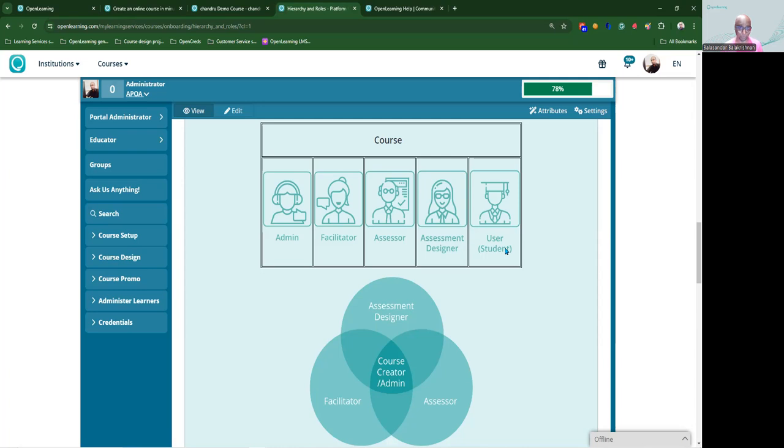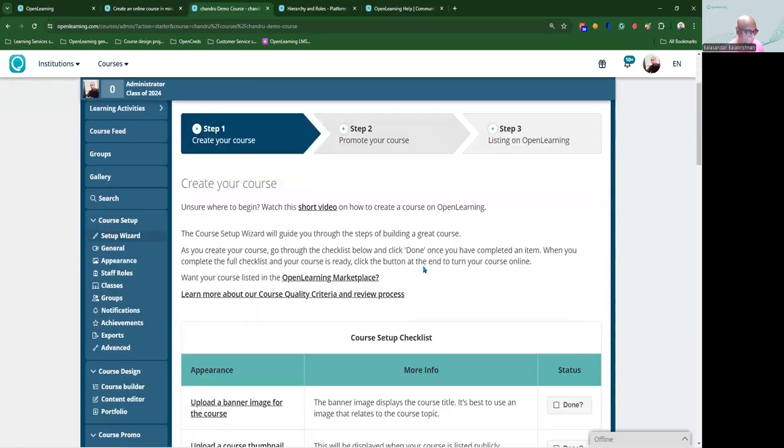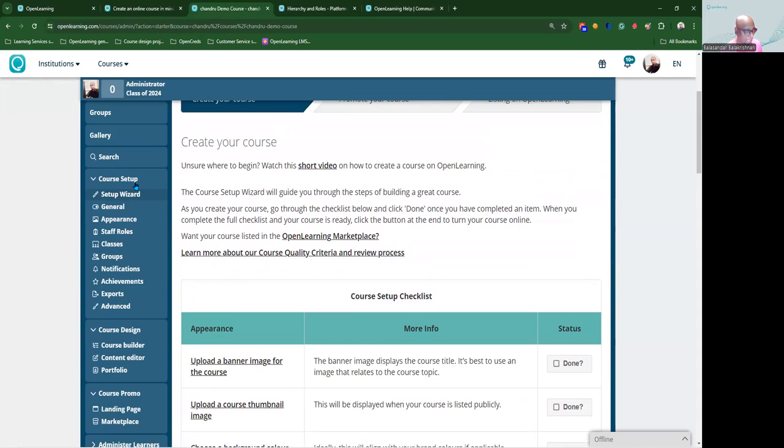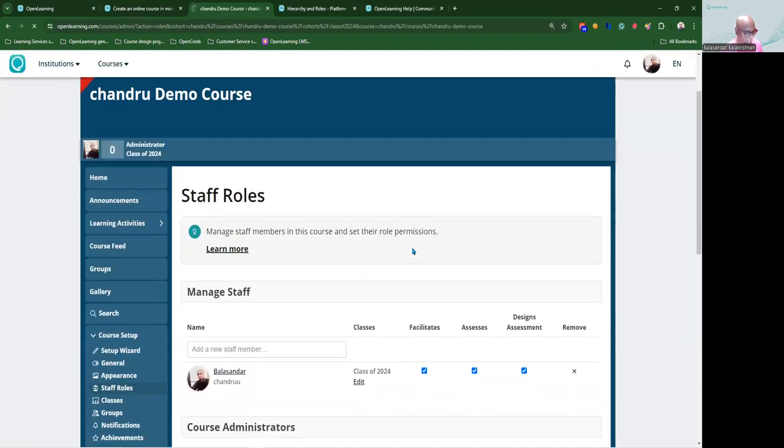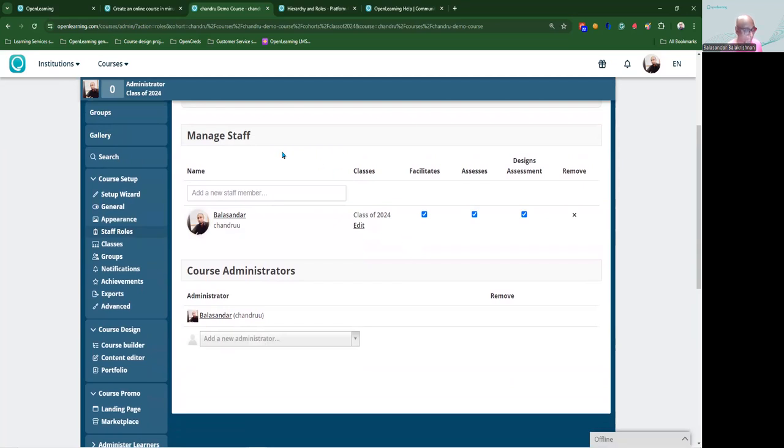Okay, next I'm going to show you how to invite these roles, your staff members, to your course. To invite your staff member, number one, go to the course that you created, and then under course setup, click staff roles. Again, as I said earlier, if you created a course, automatically you are the course administrator. So if you want to invite your colleague or friends as a course administrator, you can do it here. So I want to invite my friend,